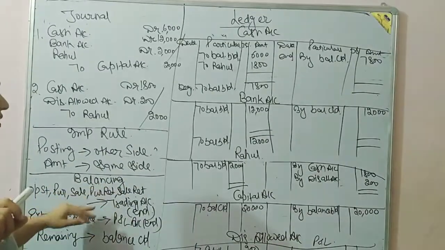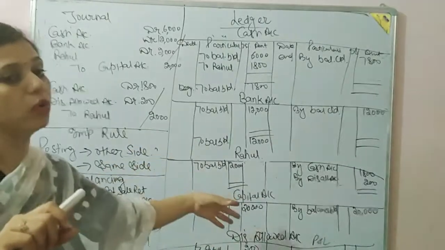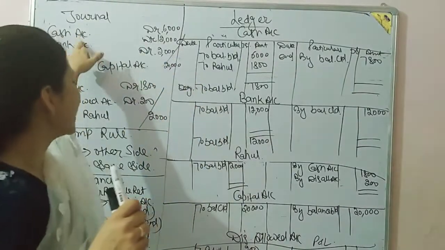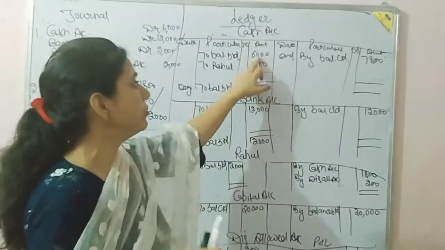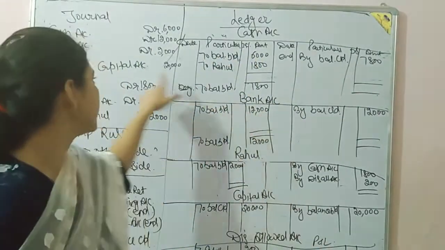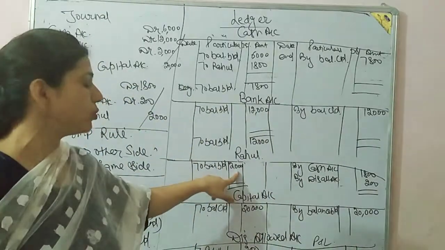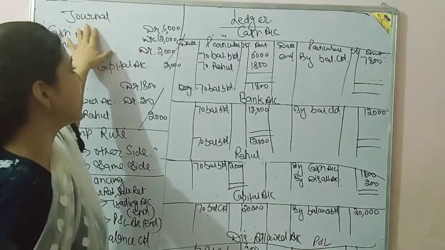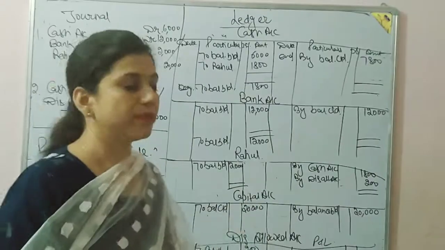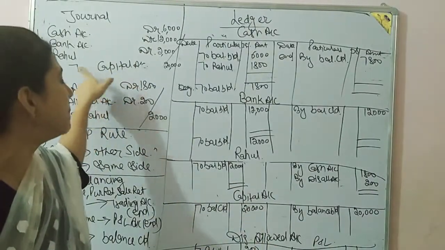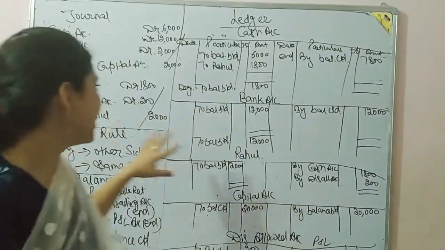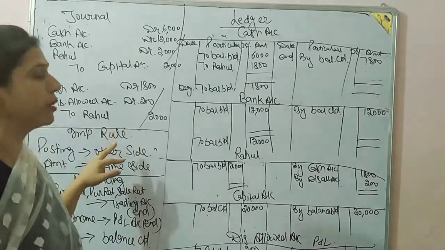One more thing is related to balancing. After making the accounts, I will discuss how to balance the accounts. So cash account is there, then to balance brought down with 6,000. Then bank account is also with to balance brought down 12,000. Rahul is with to balance brought down 2,000. And when there are multiple debits and multiple credits, then we will post the entry with balance. Capital account will be posted by balance brought down 20,000.